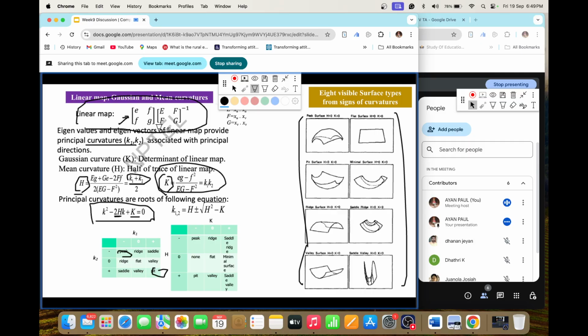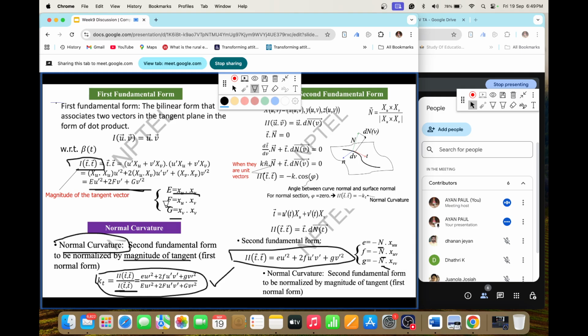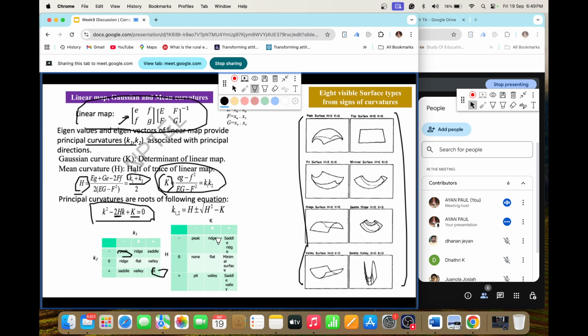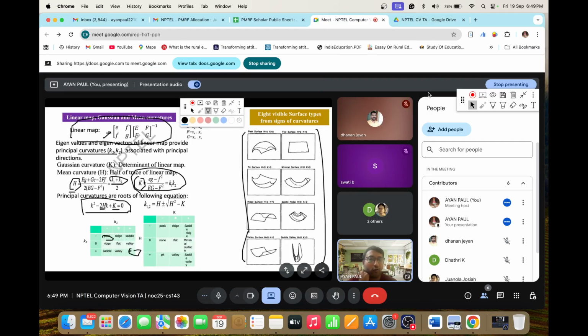Okay, so this is regarding the second fundamental form, because the second fundamental form always tells us how the surface is changing. So is the theory clear to all of you, what I have told? First fundamental form, second fundamental form. First fundamental form, intrinsic surface parameters, that means the parameters that we can calculate on the surface, like length, area, then angle. So that is the first fundamental form.